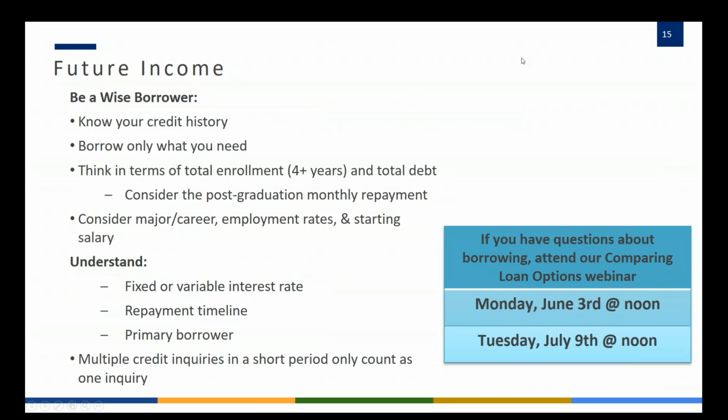Then if they've looked at savings and what they can afford per month on a payment plan, they might still have money due. They may need to look at future income in the form of borrowing. We do have a couple of great webinars coming up in June and July that you can let families know about on borrowing options, where we'll be comparing different loans and helping them understand how to compare and shop around for different options and things to look at, such as rates, APRs, length of repayment, and who the primary borrowers are on the loan. Those sorts of things are all very important for families to consider before they actually borrow.